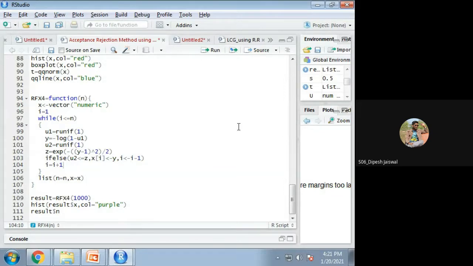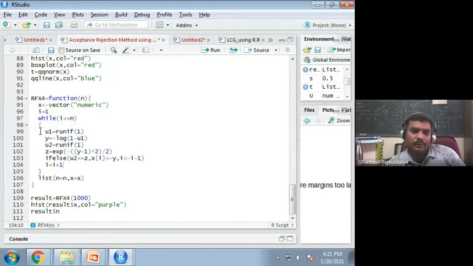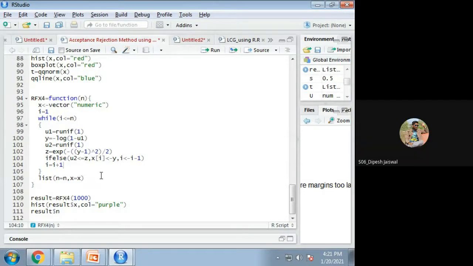No, sir. Sir, at the last, can you explain the list again? What is list actually doing? List means suppose here you have taken so many variables. Now you wish to display after making the function how many variables you would like to extract as output.